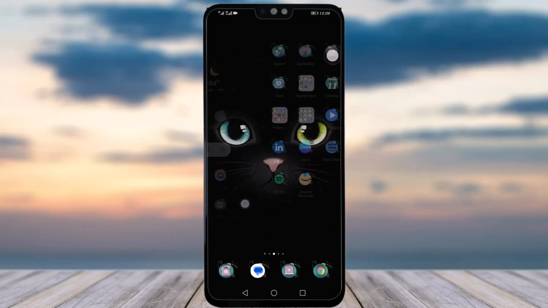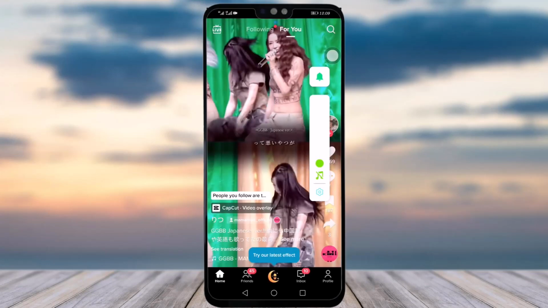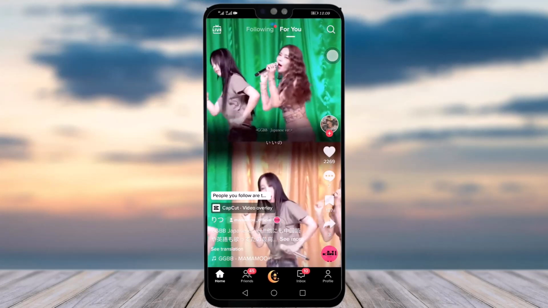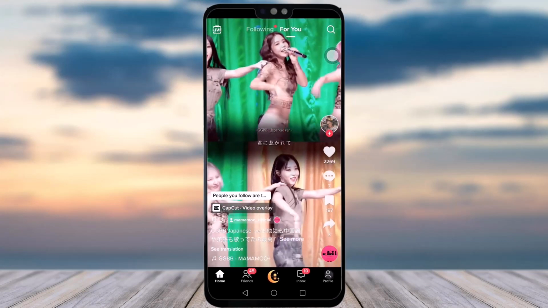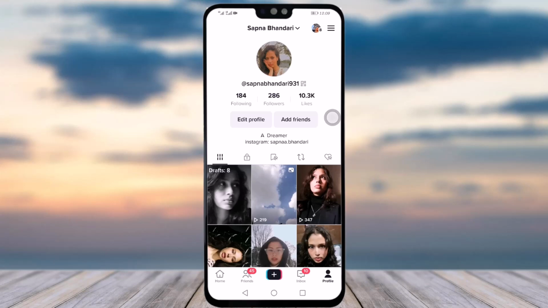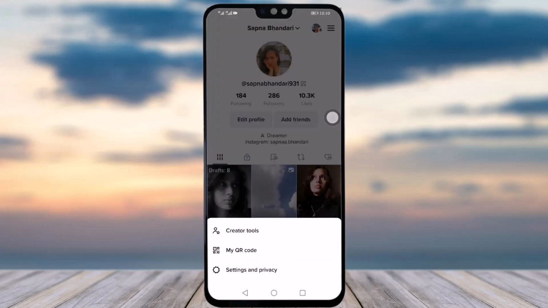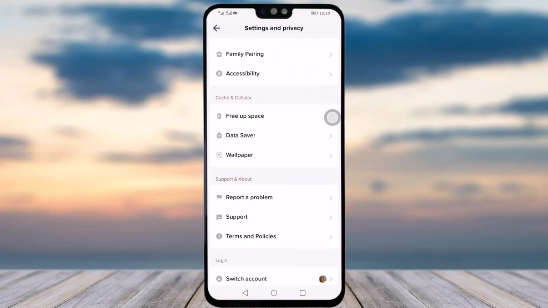Let's get started. So you will just go to your TikTok app first. Once your app is open, you will see this profile icon below right corner. Tap on that option. You will see this 3-line menu above right corner. Tap on that. Then you will directly go to settings and privacy options and just swipe down,